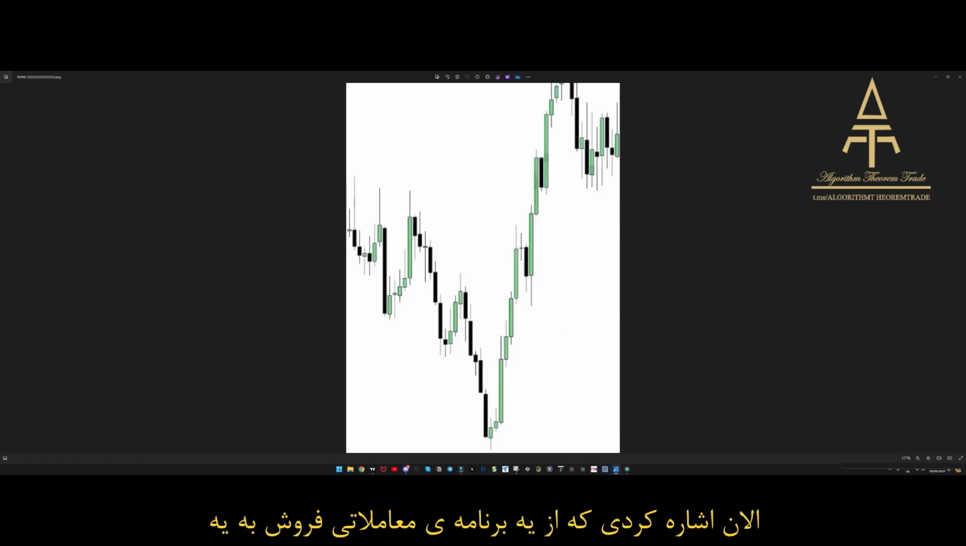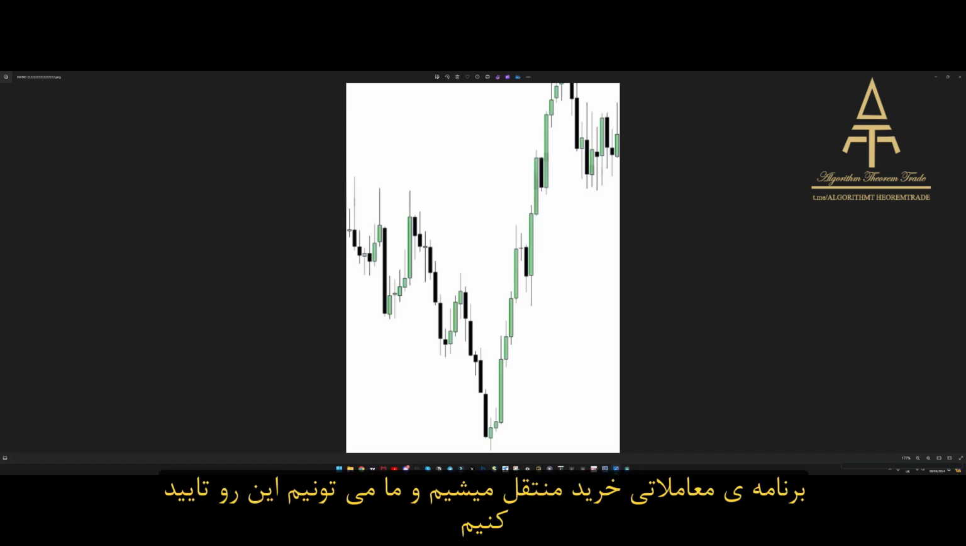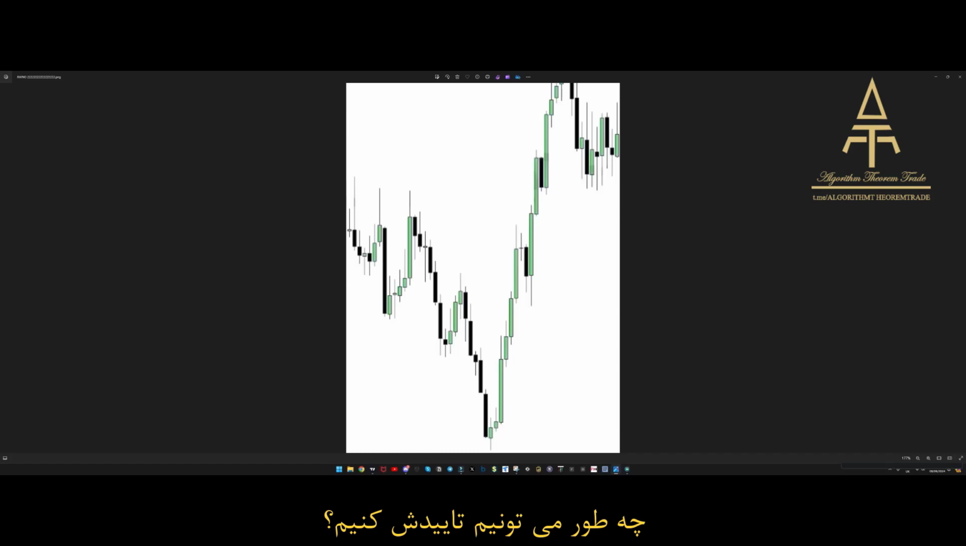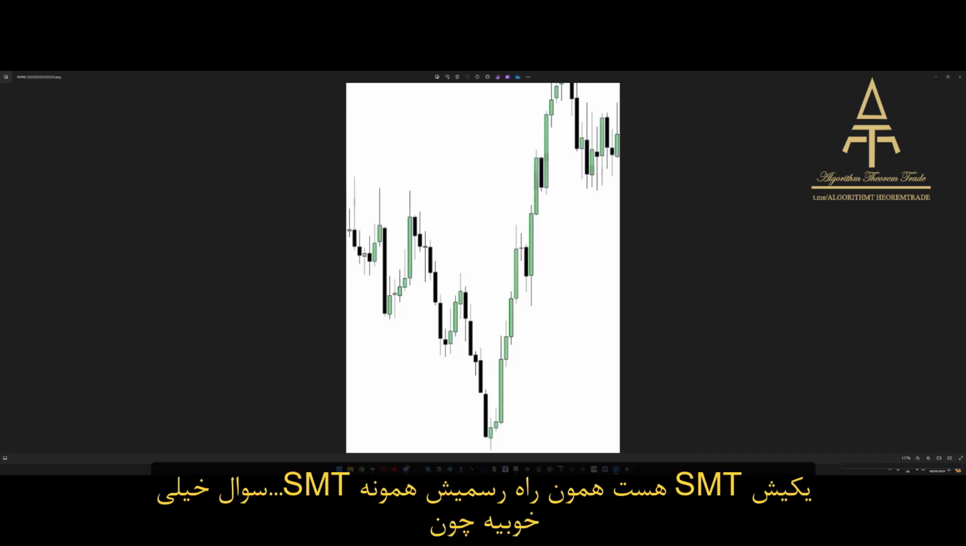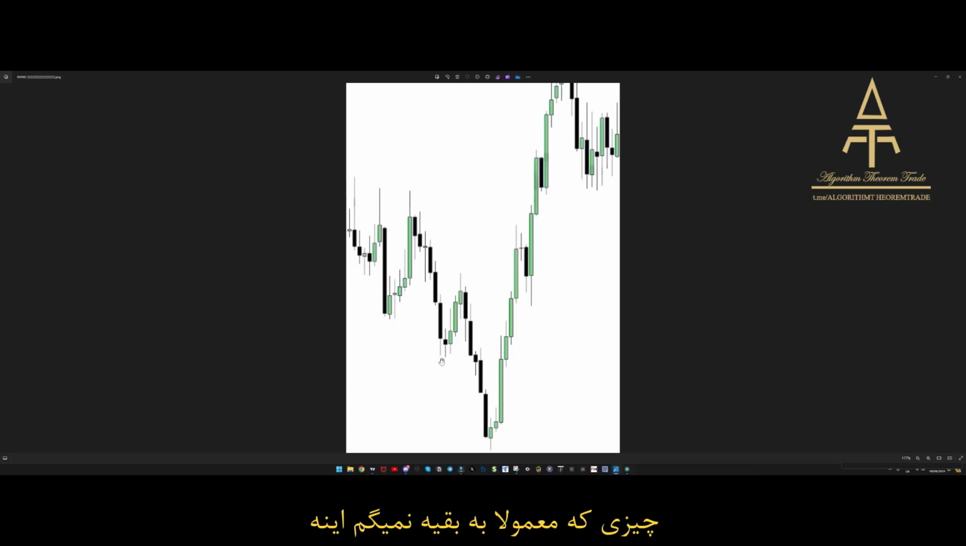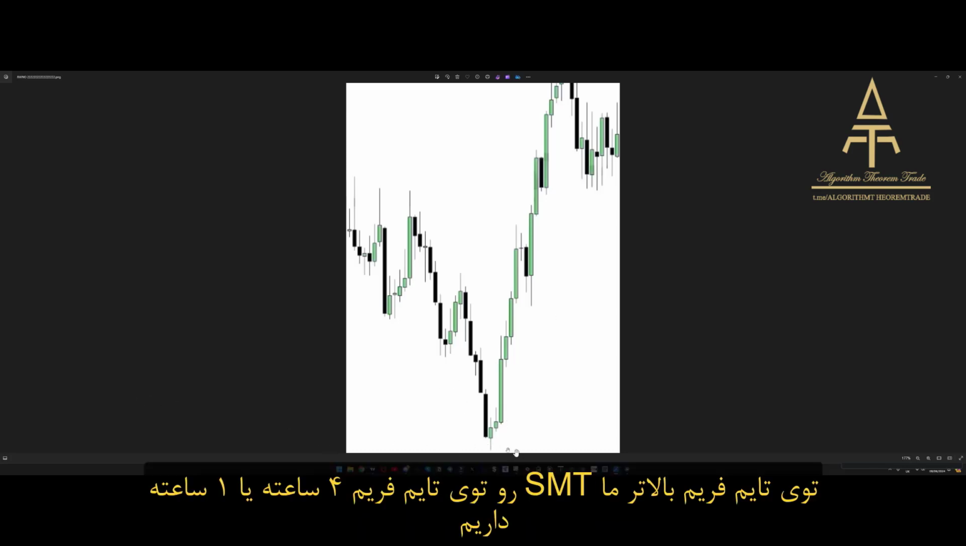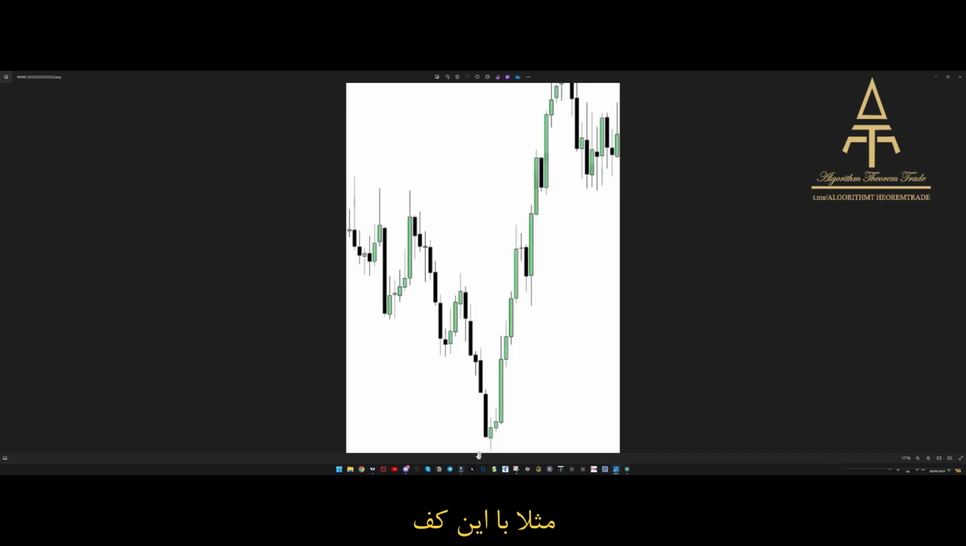You just mentioned that we move from a sell program to a buy program, and that we can confirm this. How can we confirm this? There's multiple ways. The two main ways, okay, one is SMT, for sure. SMT, it's a good question actually, because it's something that I don't normally tell people. On a higher time frame, we would have an SMT on a 1 hour or a 4 hour, for example, with this low,